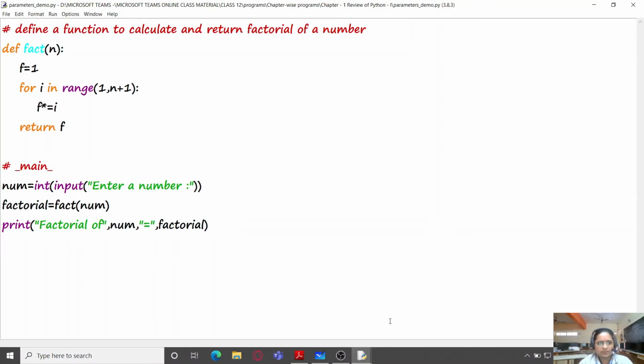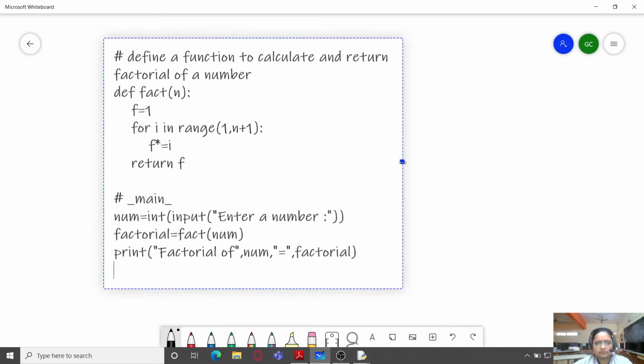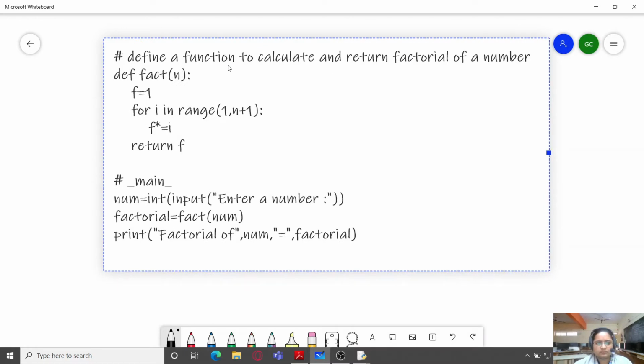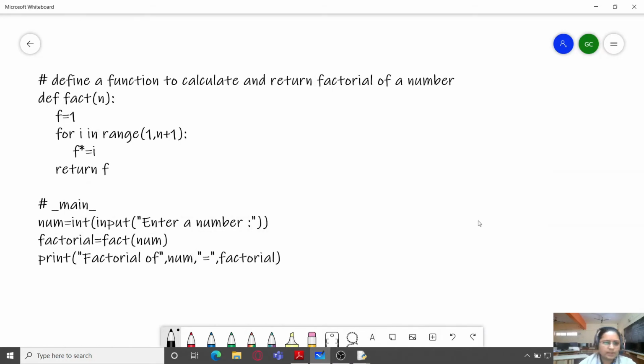So it prints the value. Now let me explain the various parts. Here you can see this is the main area, and this main area accepts data from the user, that is in the form of num, and here we have a function call, and over here we have the function which has been created.